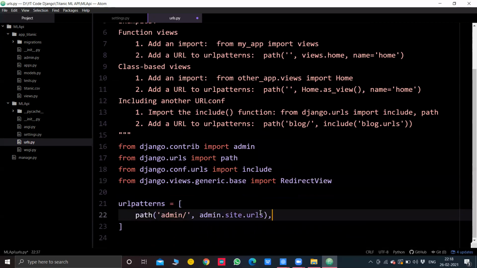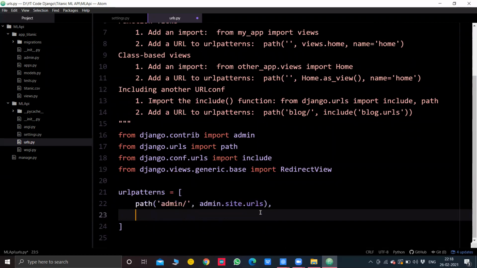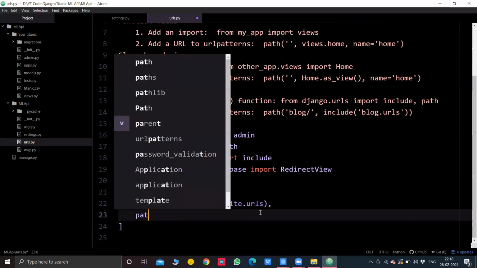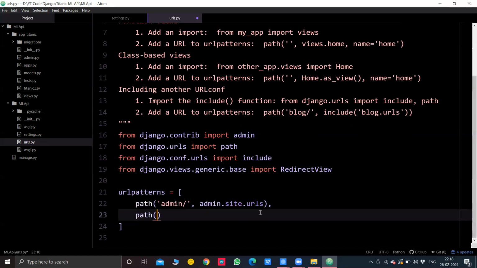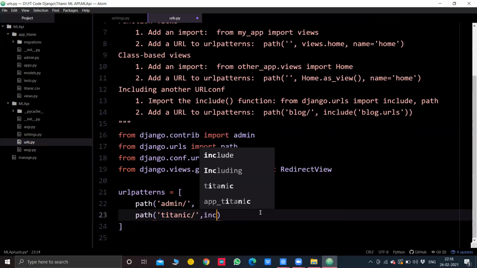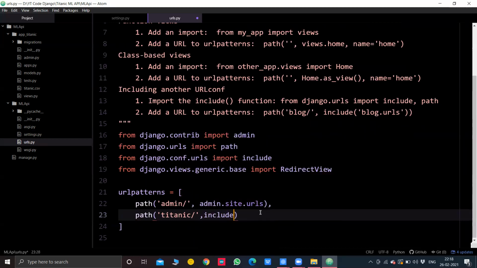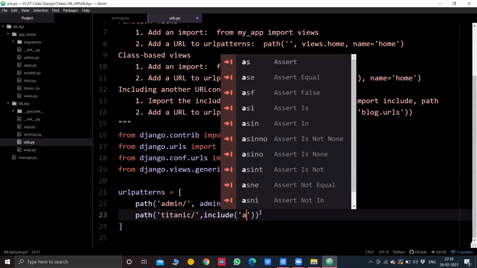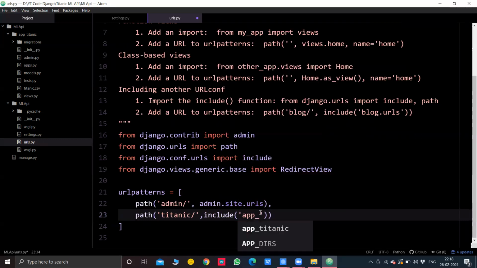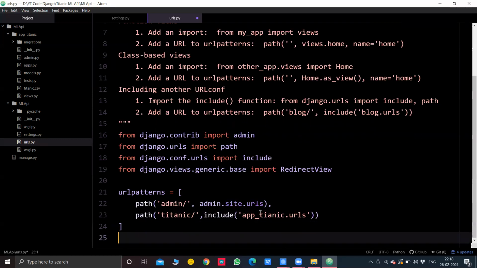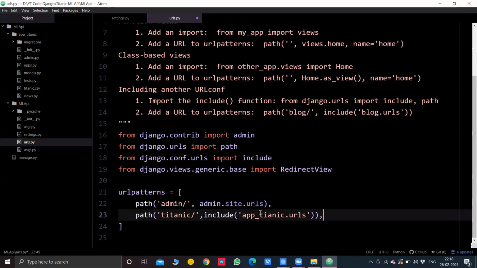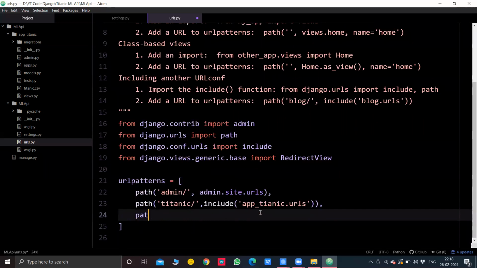Okay. And inside urlpatterns, we'll put one more path saying titanic/, and what we'll include here is everything that will be there in our application's titanic.urls. We haven't created titanic.urls for the application yet, we'll do it. And we'll have to redirect the blank server link, right?